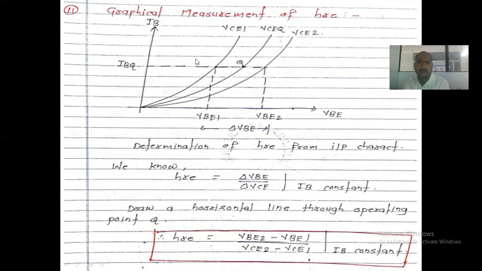So in this case, we take two values, the upper point value VB2 minus VB1 and another VC value, that is VC2 minus VC1. We don't take the VCQ value because this is the question point value. If we take VC2 minus VCQ, then whatever answer comes is wrong, because we are related to this horizontal line only. That's why the HRE value is VB2 minus VB1 divided by VC2 minus VC1. This is the value when this is taken as a pattern.